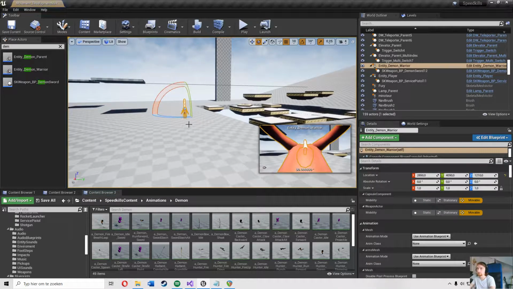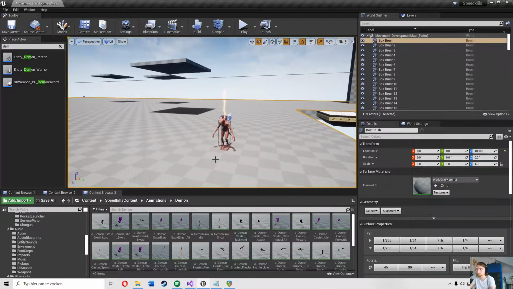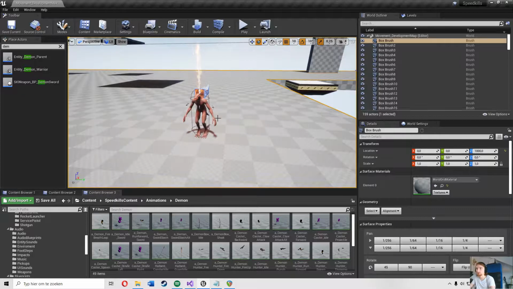I've not yet done the other ones because I spent half the month working on animation, half the month working on other stuff, which I'll show later. But I have made one non-human and an enemy, given it a new animation set, just to see if the animations work. So if I go to